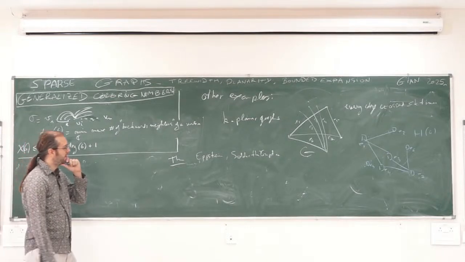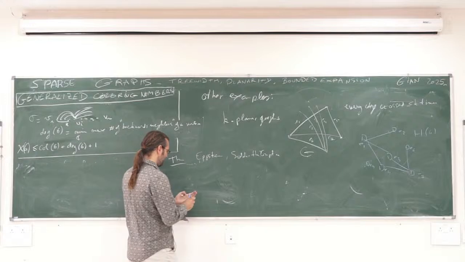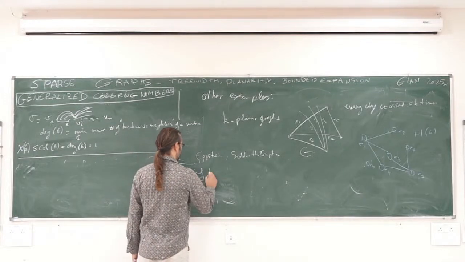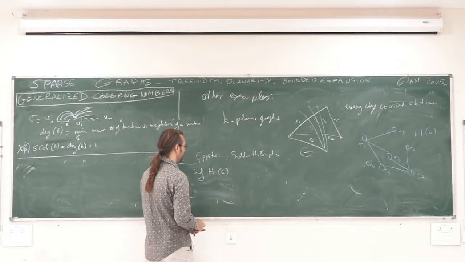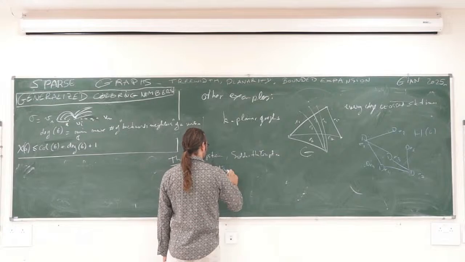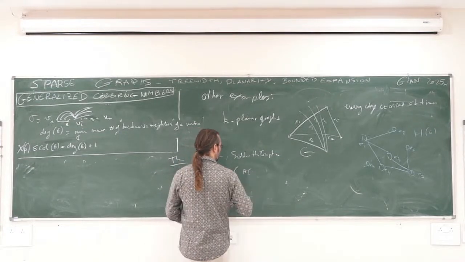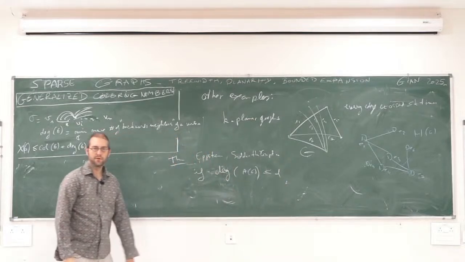They proved that, and it's not very formal what I'm saying, if the degeneracy of this blue graph, H of G, is at most some constant,